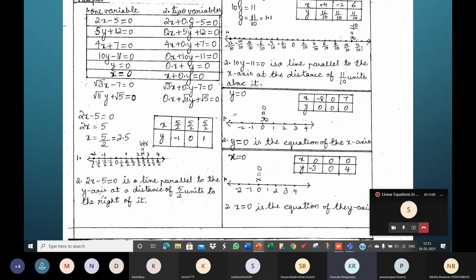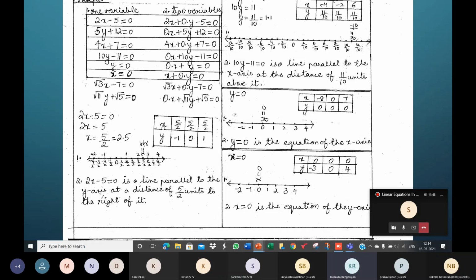I said use any value for y. It's 0 y. So say y is 1 or 2, 3, 4, 5 by 2, 7 by 2, 100, root 3 by root 5, whatever be the value of y, into 0 is 0. So on solving, you will get 2x plus 0. Look at the 0. 2x plus 0 minus 5, which is 2x minus 5 is equal to 0. x is equal to 5 by 2. Okay. I've tried my best. Now you have to think for yourself. So whatever be the value of y, the value of x will always be 5 by 2.